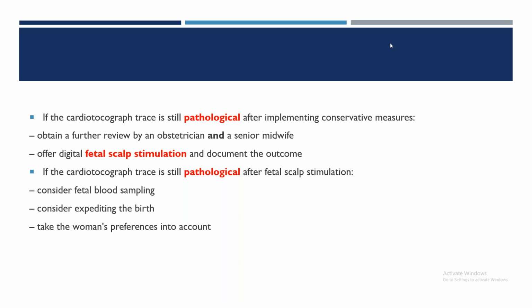The woman is fully dilated. Okay, fully dilated, the head is at +2, in a favorable position, and you get the pathological CTG. So here, doing an instrumental delivery is the more feasible thing than doing fetal blood sampling. Am I right? Okay. So there is no need to do fetal blood sampling. If the patient is fully dilated and it is favorable for instrumental delivery, I will tell another example.